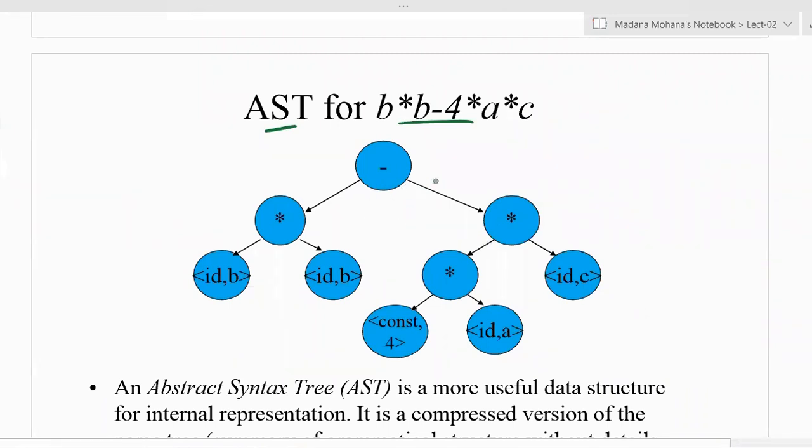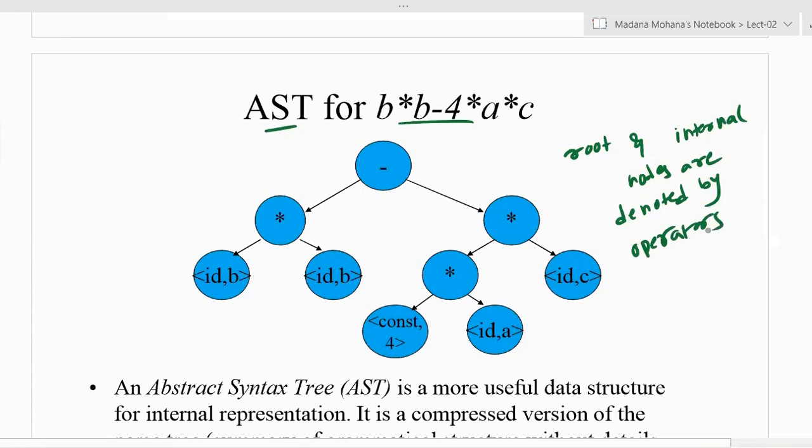Here you can observe the difference between the previous parse tree or derivation tree and this syntax tree. In the syntax tree, root and internal nodes are denoted by operators which are present in the expression.